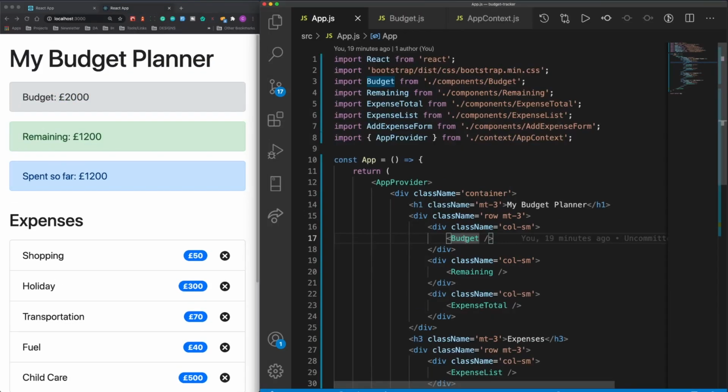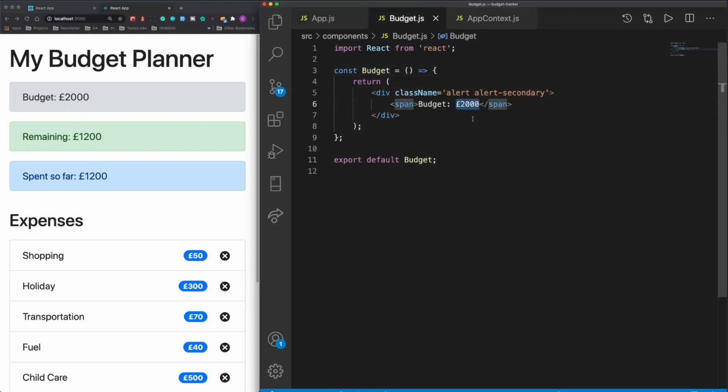Okay, so now that our components are wrapped in the provider, we just need to connect our components to context so we can pull the different state values out. We'll start with the budget. If we go into budget.js, you can see that we've hard-coded a value. This is what we're going to replace with the value from context. The first step is to import our context. So type import, open some braces. Inside this, we'll type AppContext. Outside the last brace, type from